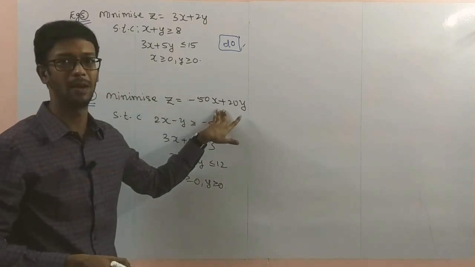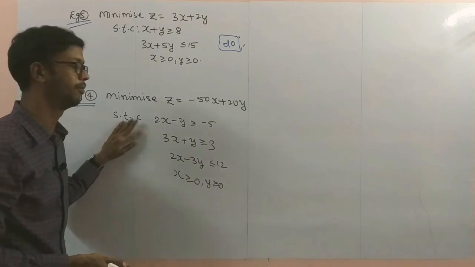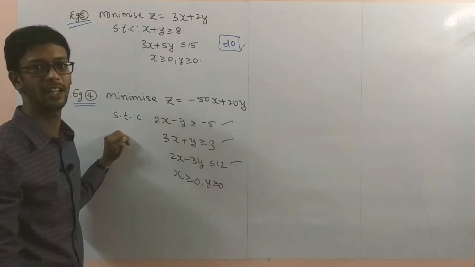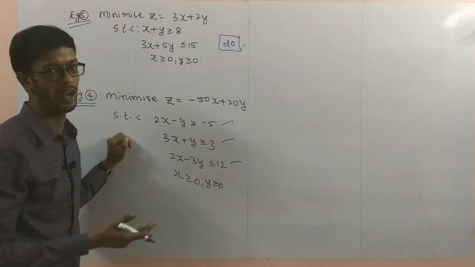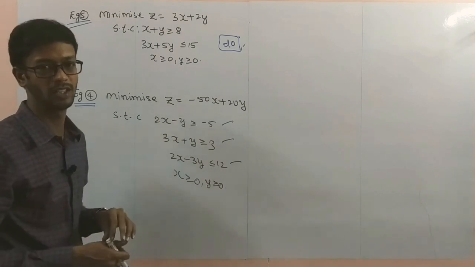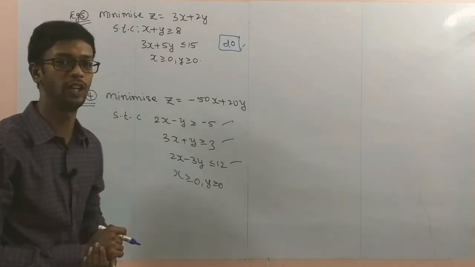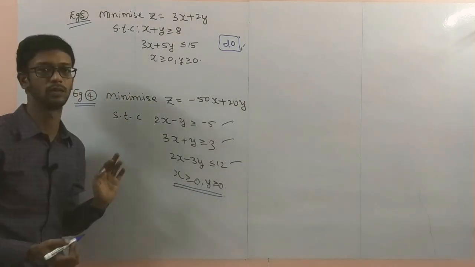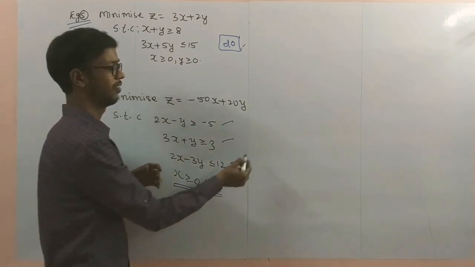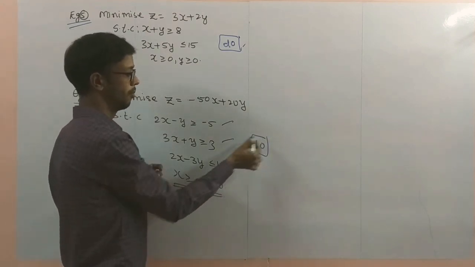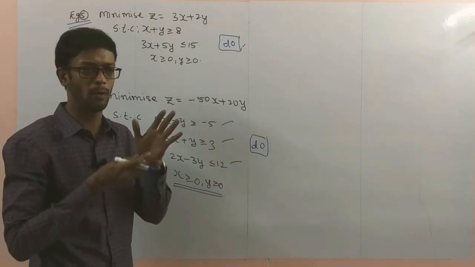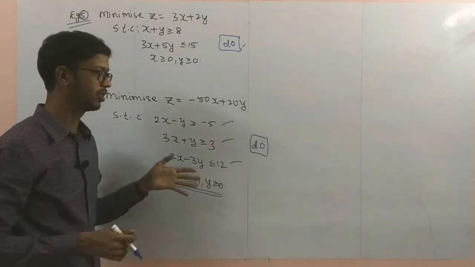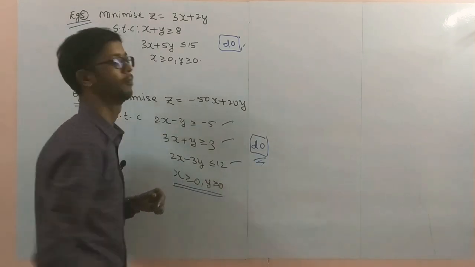Minimize Z, minimum value we have to find, subject to constraints. Three constraints they have given. Right side zeros are not there. So this problem is easy to find. You will get an unbounded feasible region. Unbounded feasible region problems we also discussed. So what is the minimum value, and that is non-negative constraints. Previously we discussed a lot of similar problems. But here zeros are not there. Directly this one, zeros are there in the problem, it is passing through the origin. You have to solve these two equations. But here zeros are not there. Directly this one, take it as homework. So pause the video to note it down.